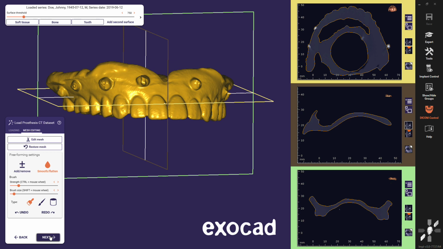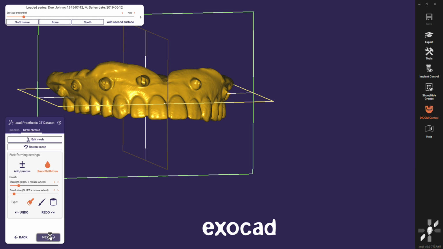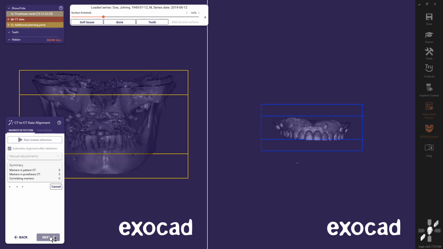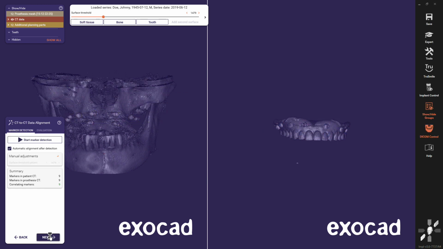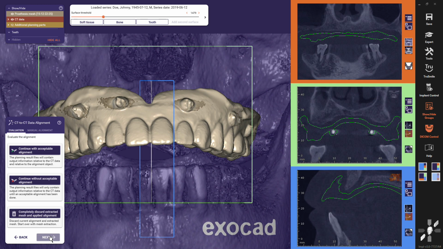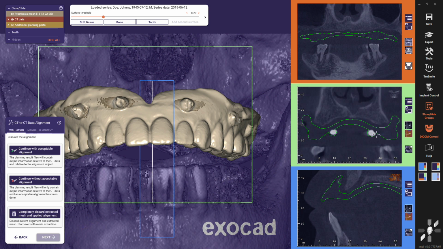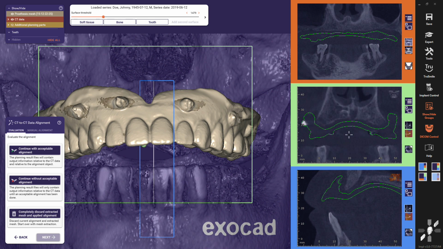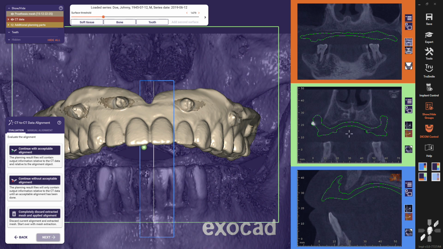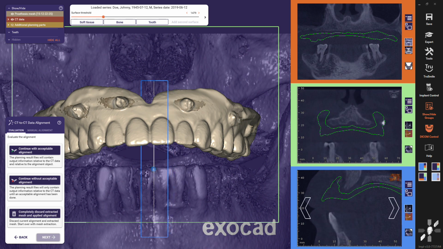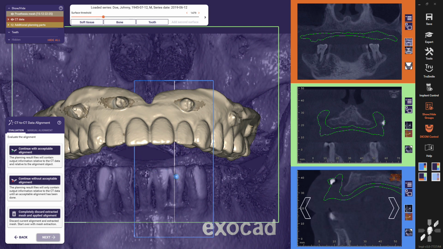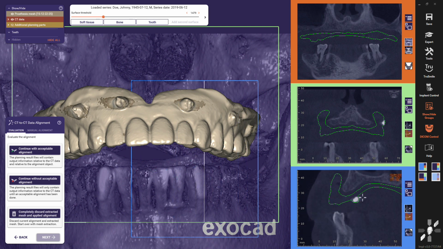When Next is clicked, the software continues to the alignment step, and the alignment is automatically performed over the RadioPARC markers present in both patient scan and prosthesis scan. I check the accuracy of the alignment with help of the secondary views. I compare the position of markers and check that the mesh outline is correlating with the markers in the patient scan. I scroll through the data by holding the right mouse button pressed and moving the mouse in the direction indicated by the arrows shown in the secondary view.